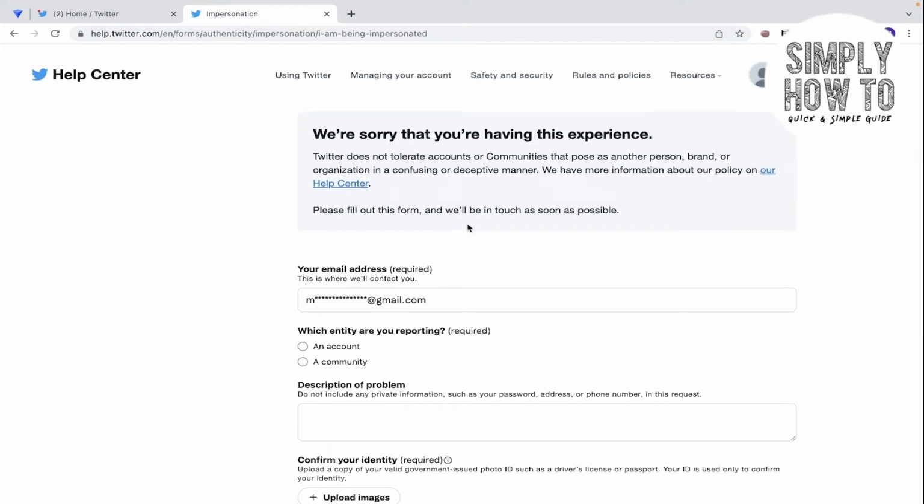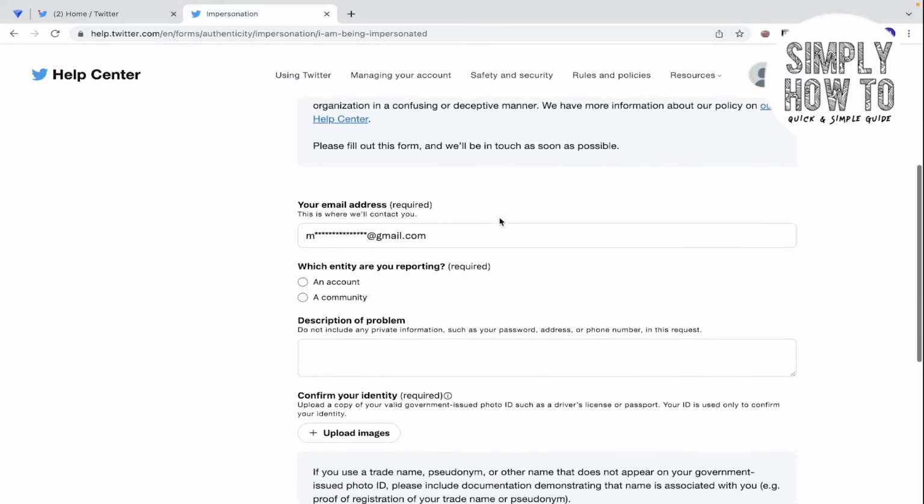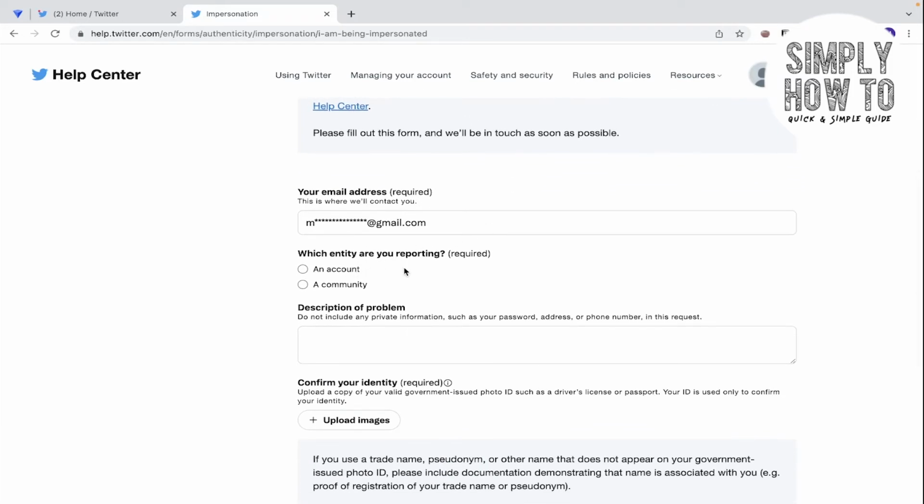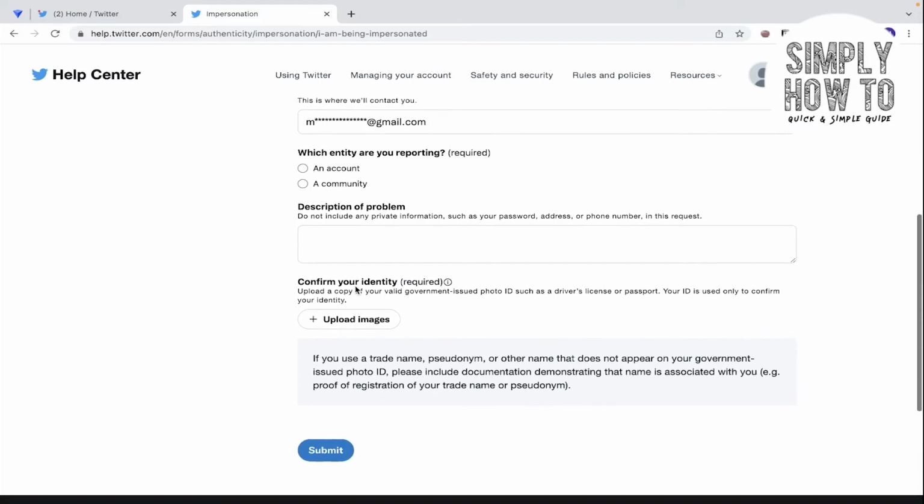After you scroll down, you'll find other questions that are required. You're gonna fill them. For example, which entity are you reporting? You're gonna choose it depends on you and what is the problem with you, and then you can describe the problem. For example, if there is a fake account that represents you, you can write that in the description, and